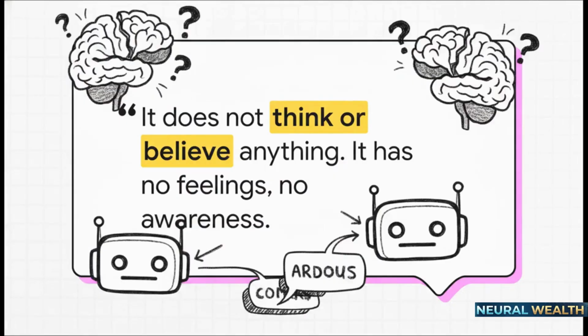And this brings us to arguably the biggest misconception out there, and we really need to strip the perceived humanity away from the AI for a moment. When the AI writes back to you and says, "I think," or "I believe," it is absolutely crucial to understand that it does not actually think or believe anything. It has no feelings, it has no self-awareness, it has zero understanding of meaning in the way that you or I do. It is simply producing the words that would most likely appear in a helpful response. It uses the phrase "I think" purely because that is how helpful humans happen to phrase things in the massive pile of data it was trained on.